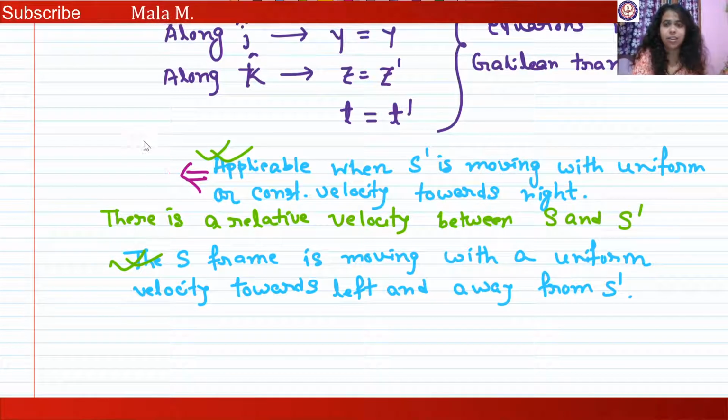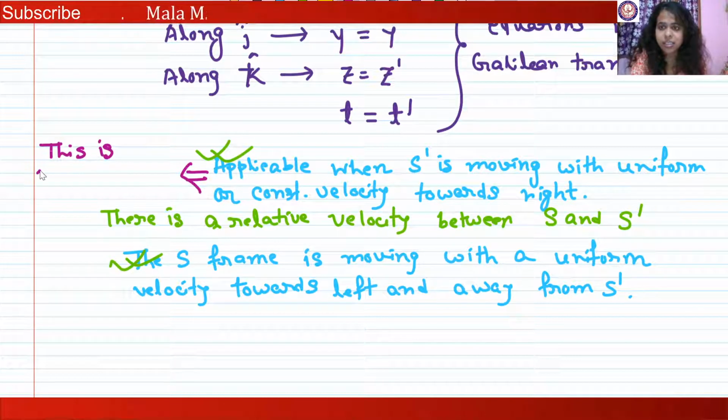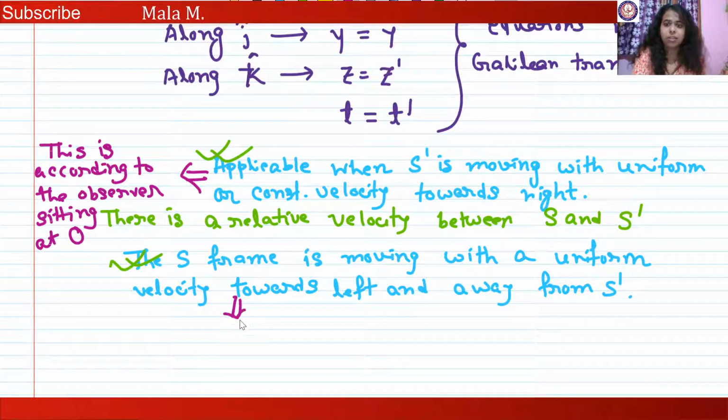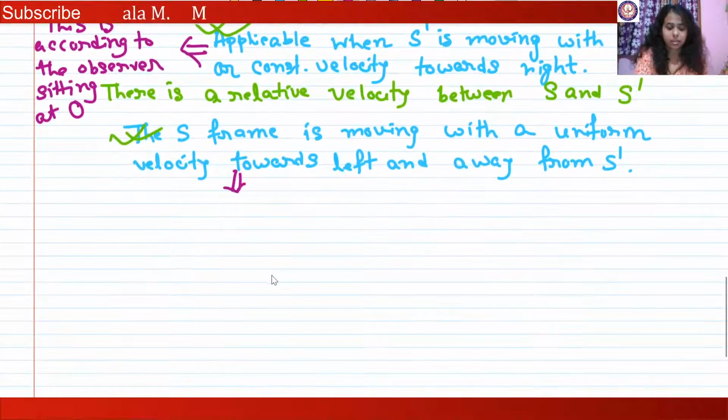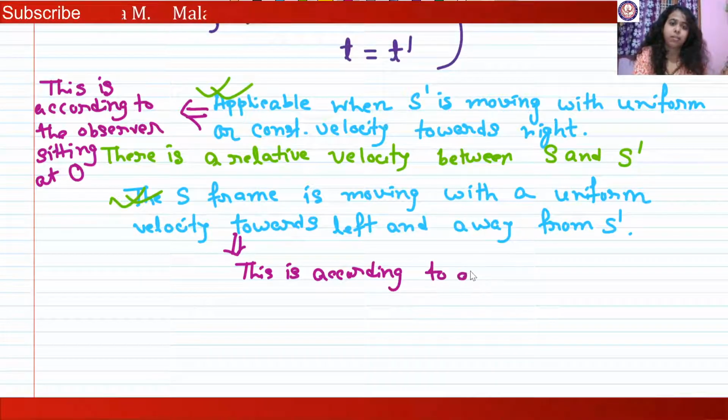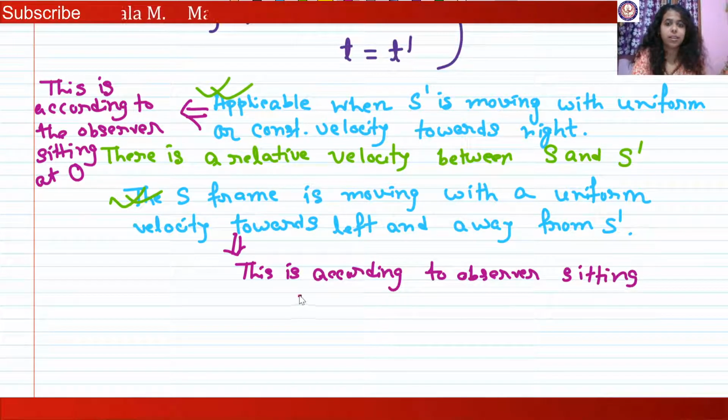So what is the first one? First one is, this is according to the observer sitting at O. And this one, this is according to observer sitting at O prime. So